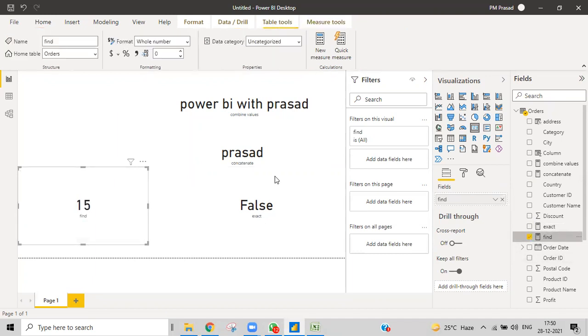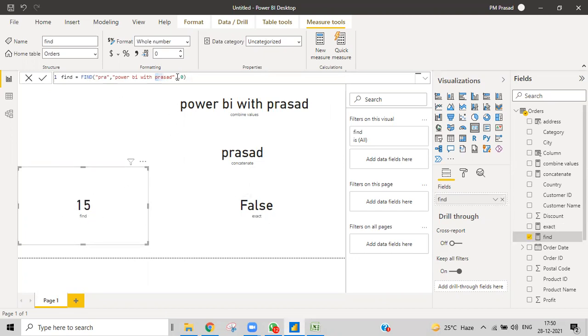It is trying to search this value, and whenever it is found, it is going to give that position. So let us check that PRA is there over here. You can see the same text is inside this. Let me check what the position is. 1, 2, 3, 4, 6, 7, 8, 9, 10, 11, 12, 13, 14, 15. So this is the 15th position. At the 15th position, this PRA is located.